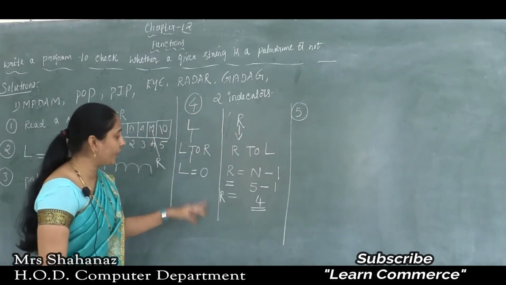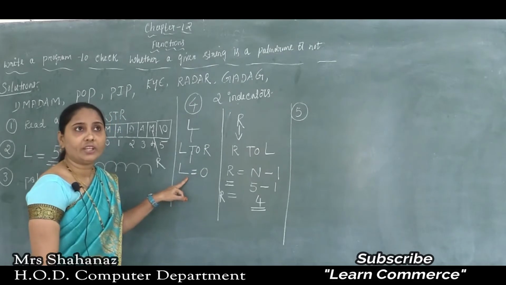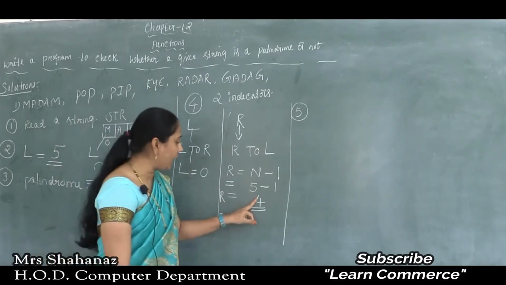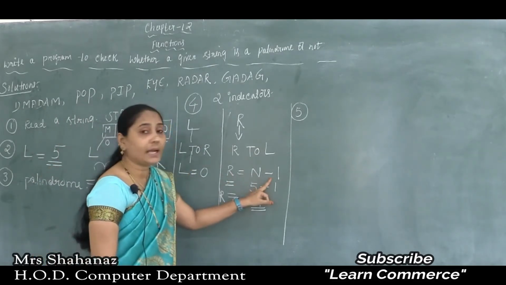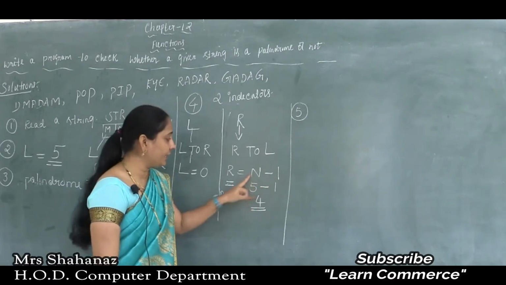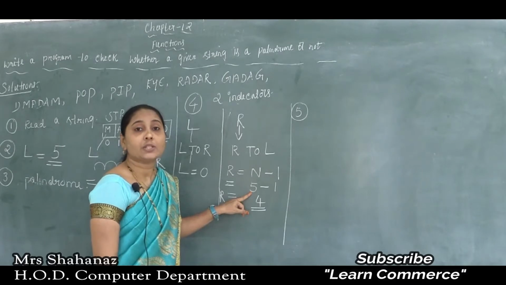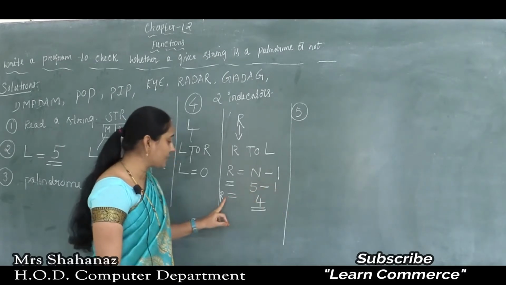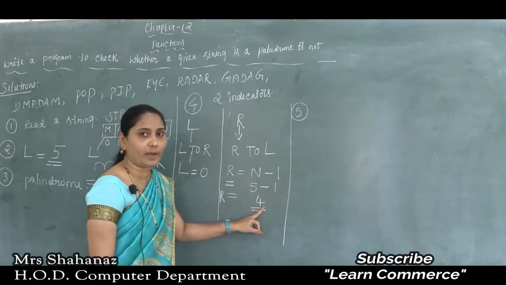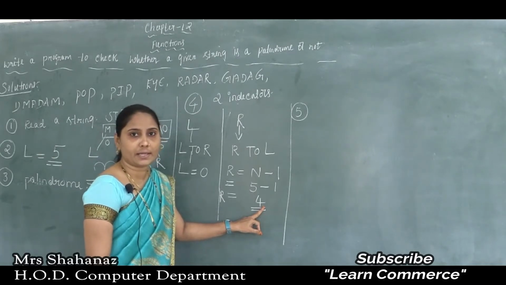So in this case we can say that this is our step number 5. So clear, no? The L value is initialized to 0 here and the R value is initialized to n minus 1. Okay, the n is equal to the length, the total number of characters. So 5 minus 1, that means the right value is equal to 4 in this case here, 4.